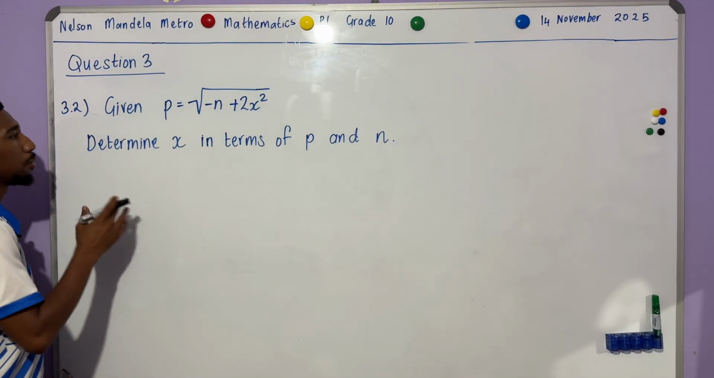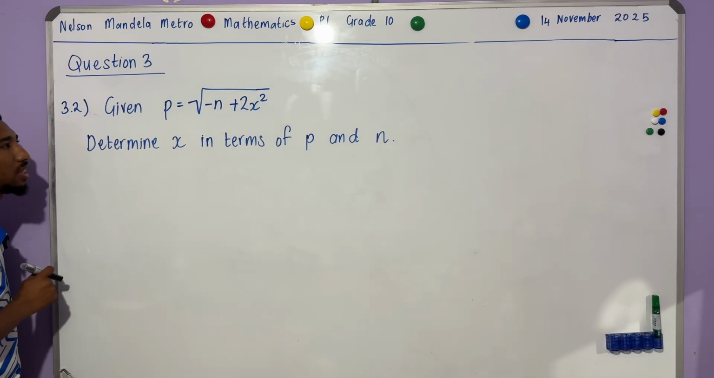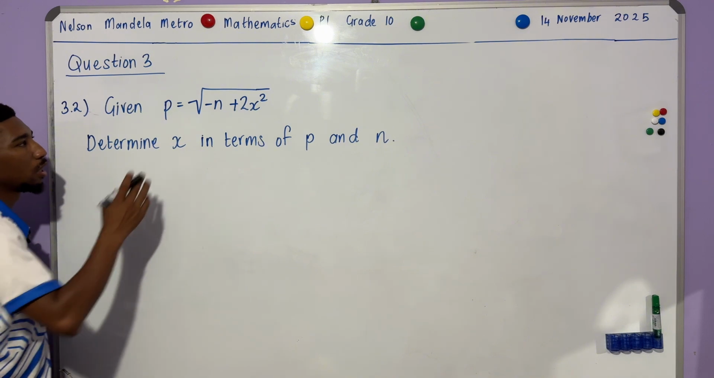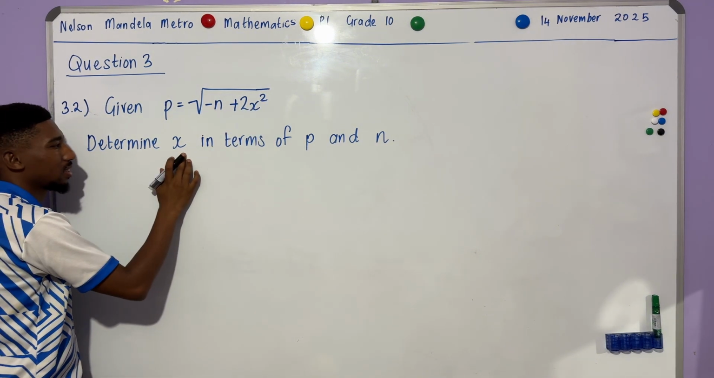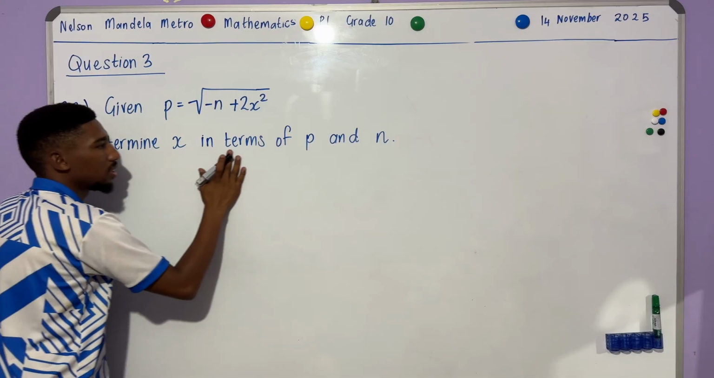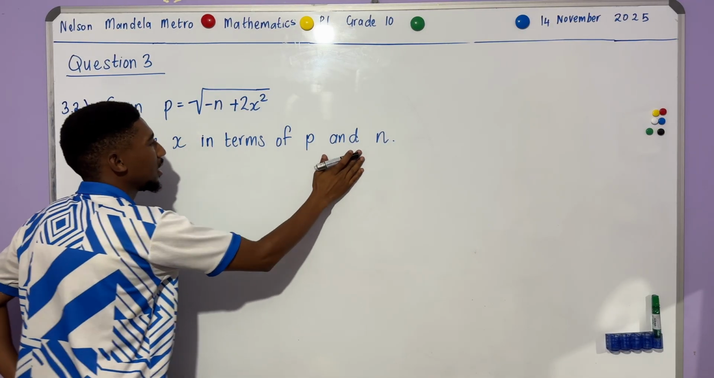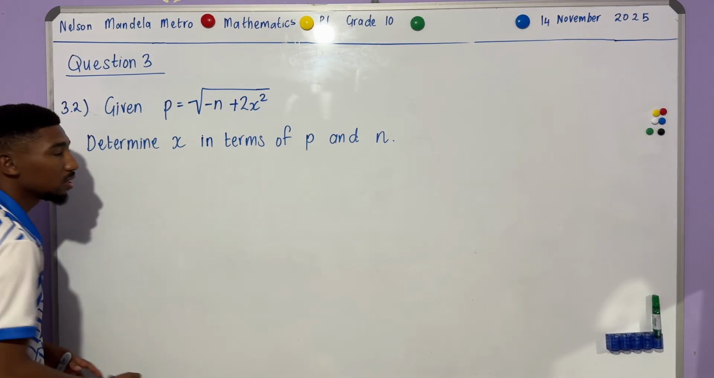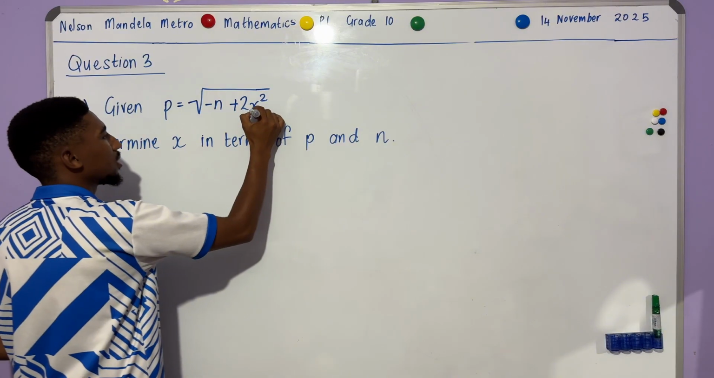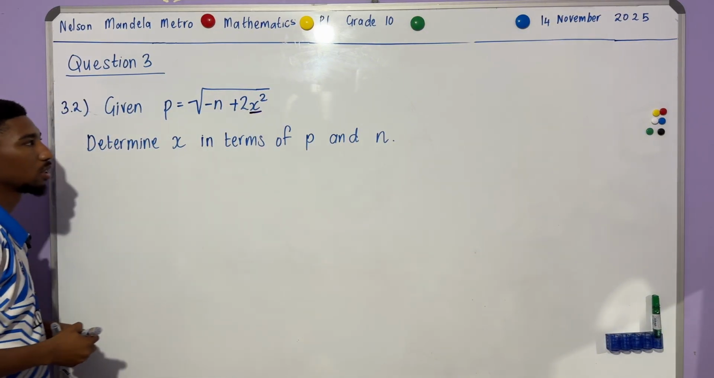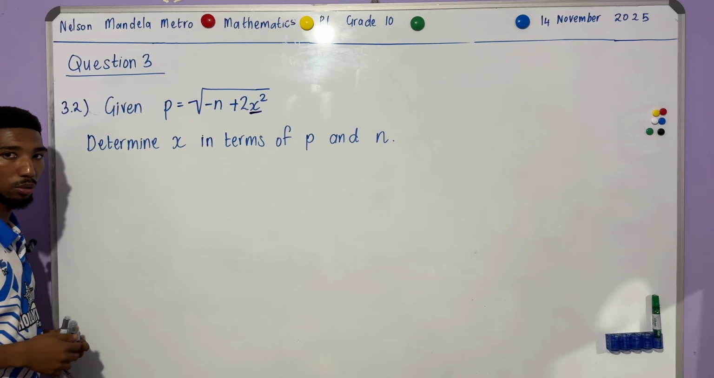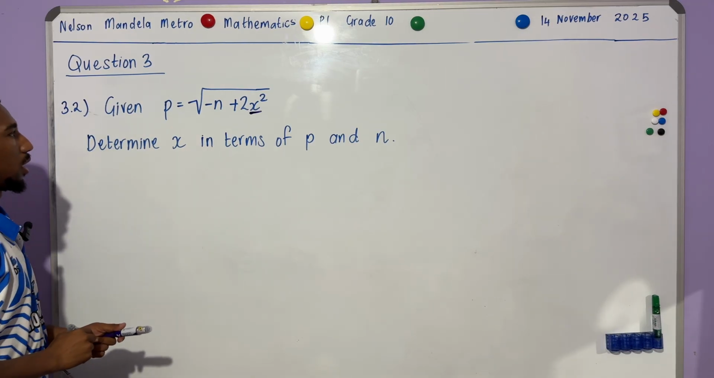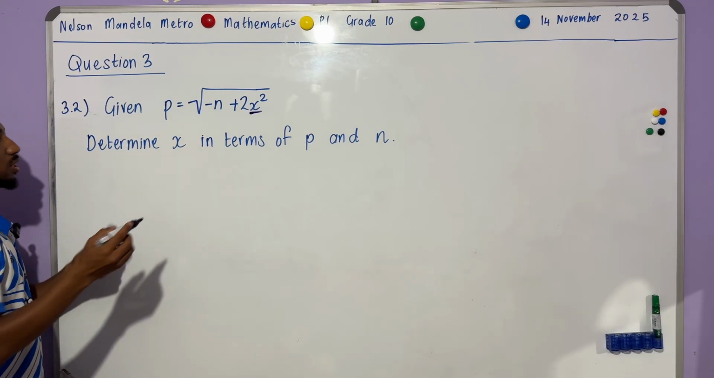Let's have a look at 3.2. It says, given p is equal to the square root of minus n plus 2x squared, the question wants us to determine x in terms of p and n. What that simply means is it wants us to make x the subject of the formula. So we want to have x on one side of the equation alone. Right, so first things first, we want to get rid of this